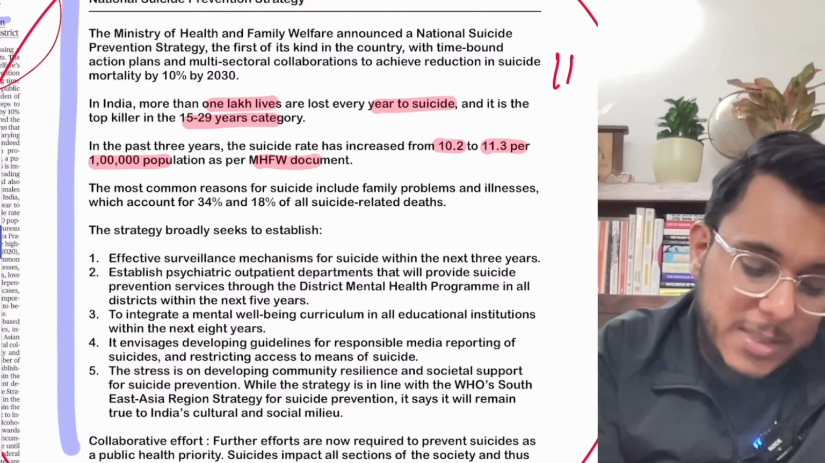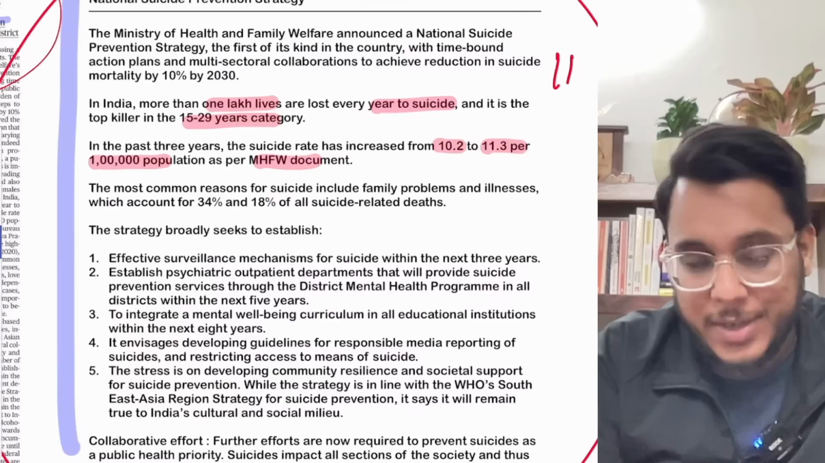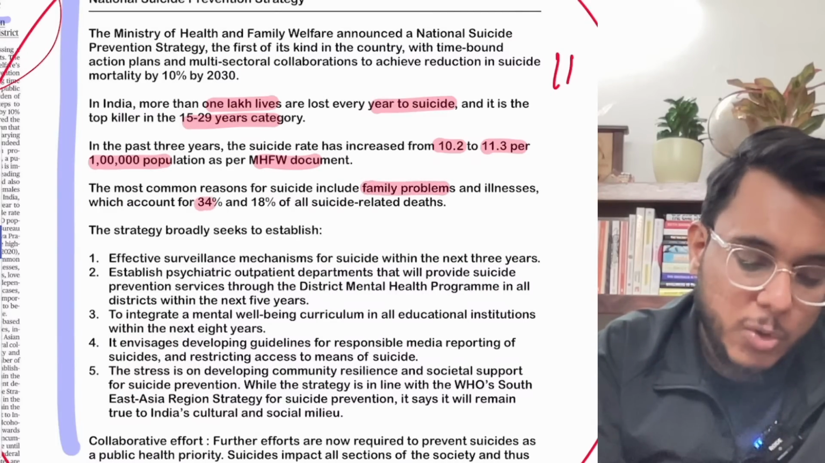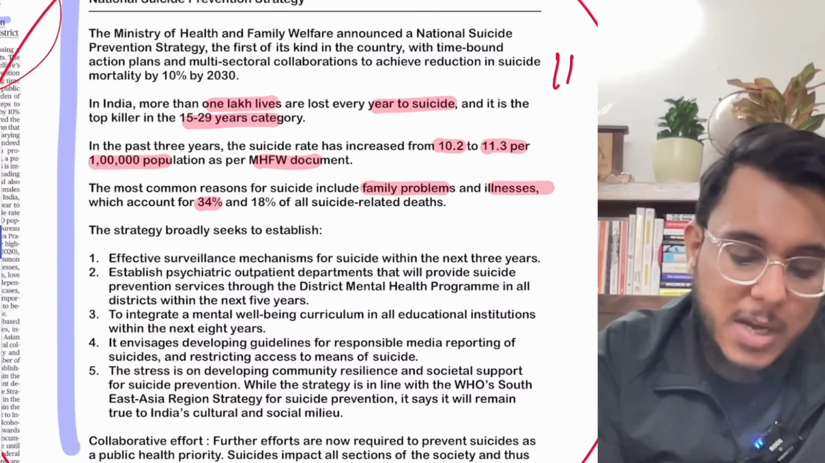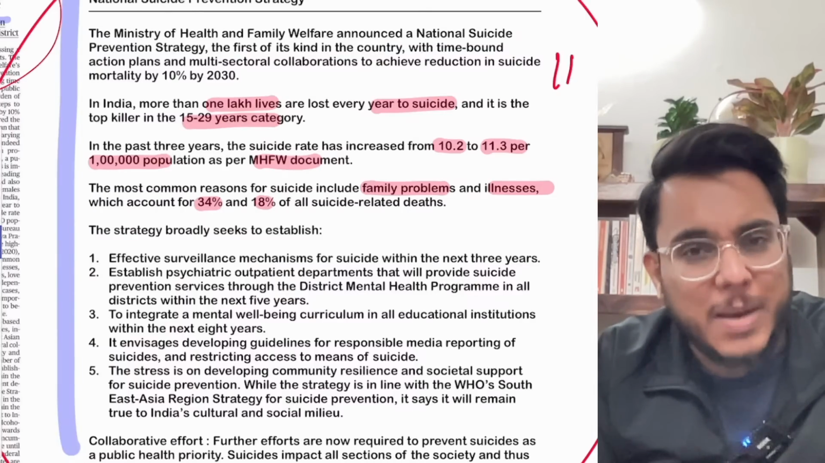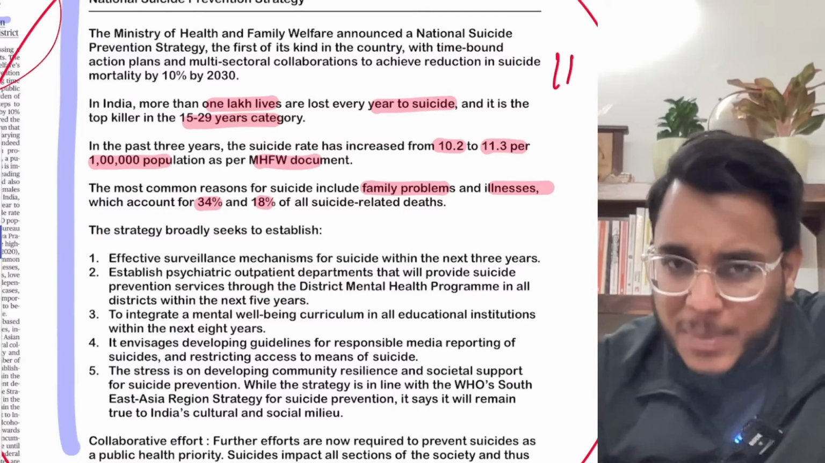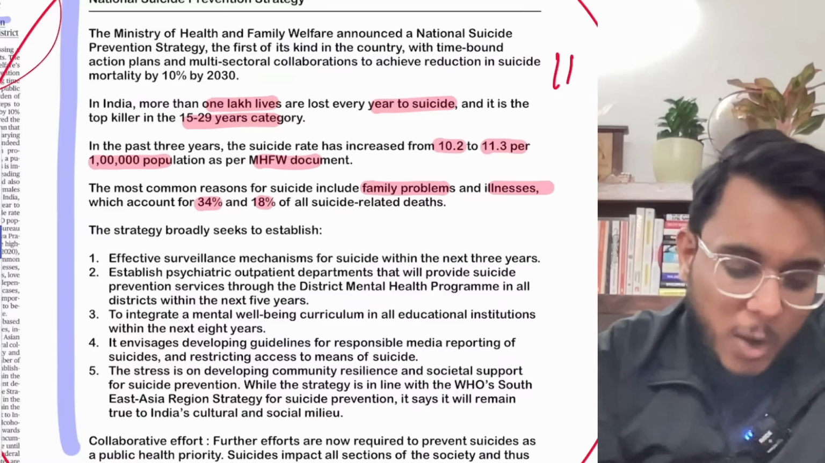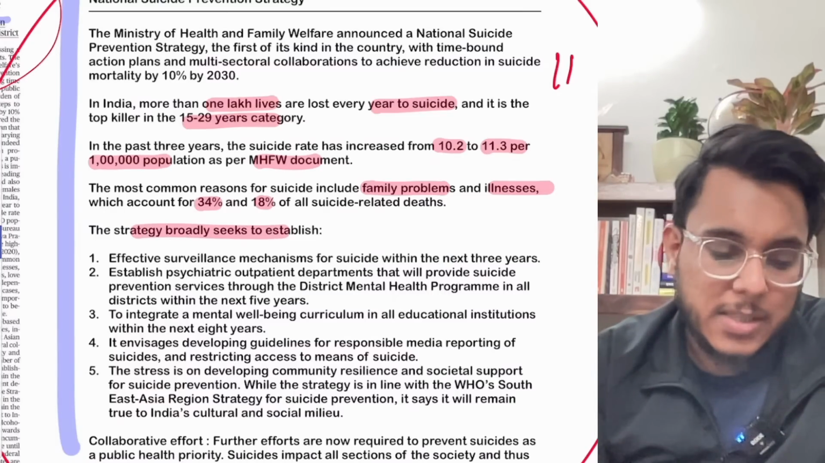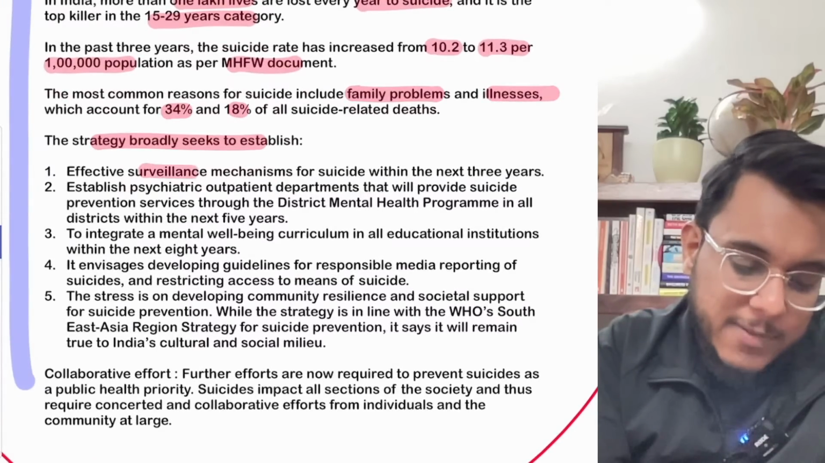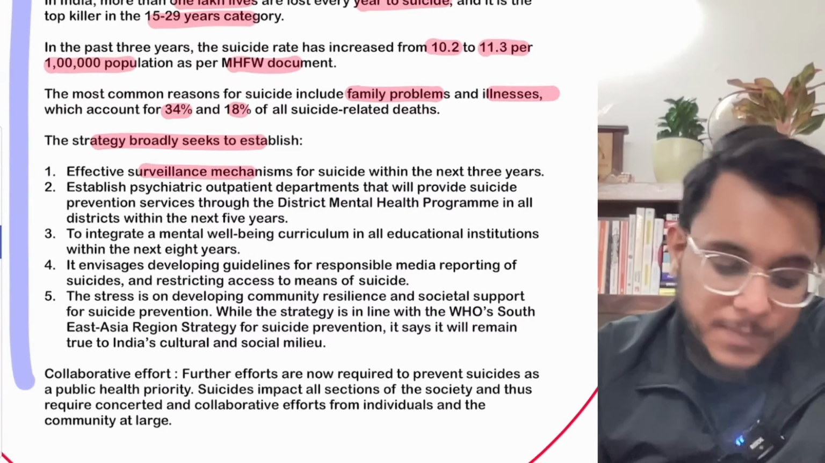Okay, the article is talking about the common reasons for suicide. First of all, family problems constitute 34% of suicides, and illness constitutes 18% of the suicide cases. Then bankruptcy and economic problems, okay, and 10% of the cases of suicide are there because the cause is not known. Now this National Suicide Prevention Strategy will be focusing on certain key areas: effective surveillance of the people, then